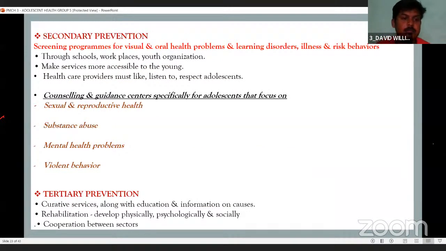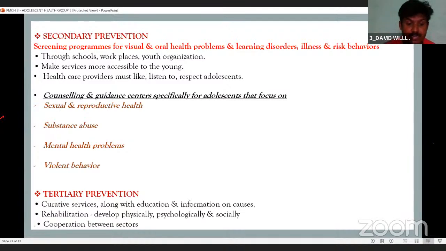Secondary prevention, that is screening programs for visual and oral health problems and learning disorders, illness, and risk behaviors. Through schools, workplaces, and youth organizations, make services more accessible to young people. Health care providers must listen to and respect adolescents. Counseling and guidance centers, especially for adolescents, that focus on sexual and reproductive health, substance abuse, mental health problems, and violent behavior. Tertiary prevention. There are treatment and rehabilitation, that is curative service along with education and information on causes,